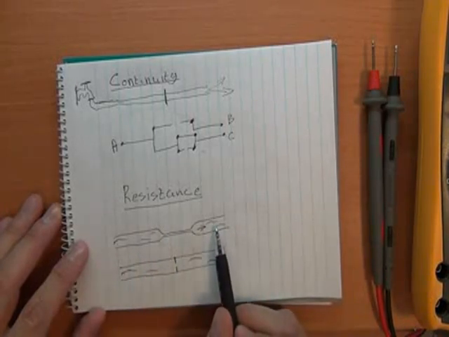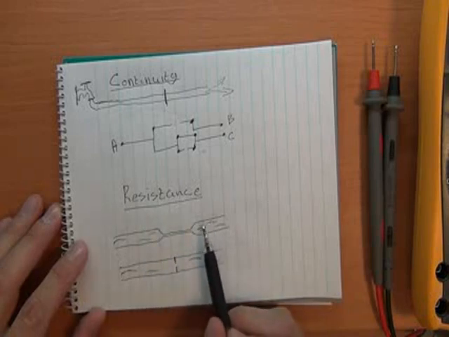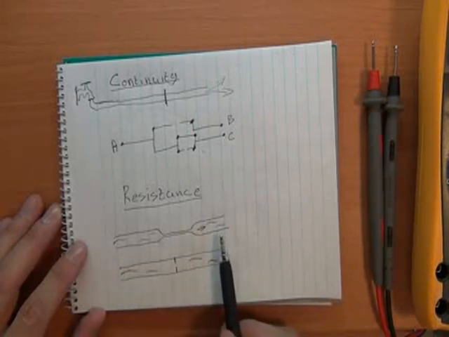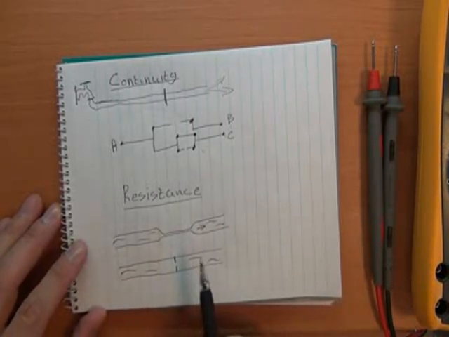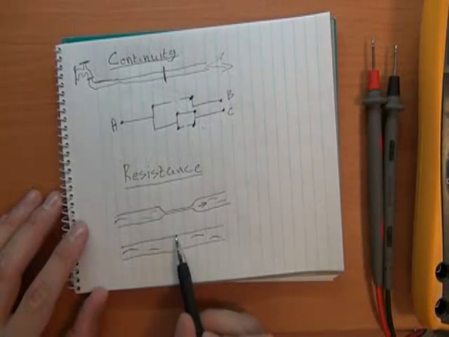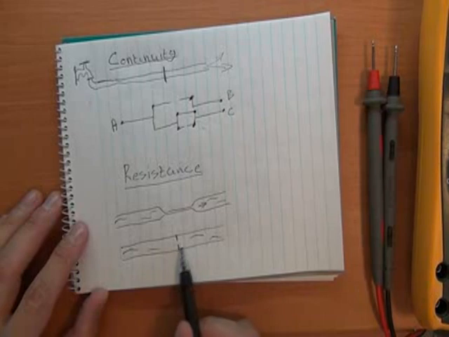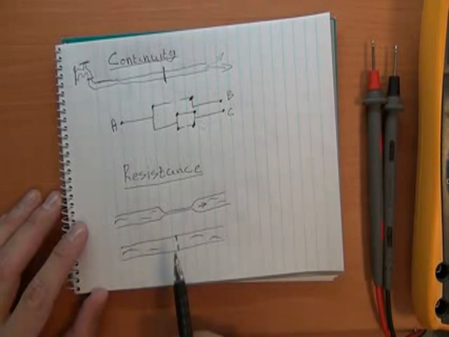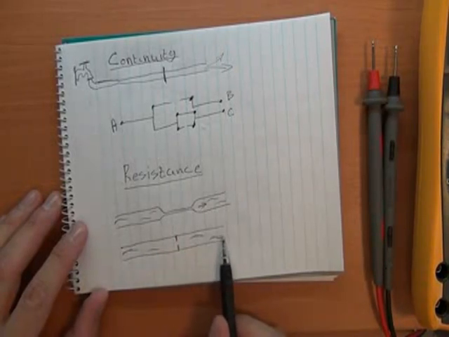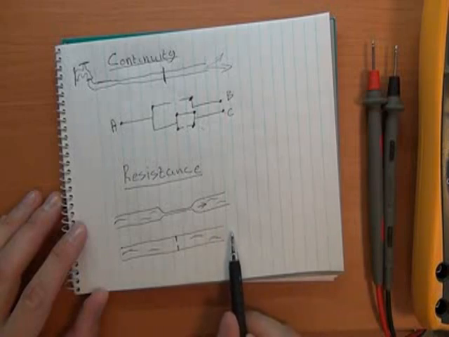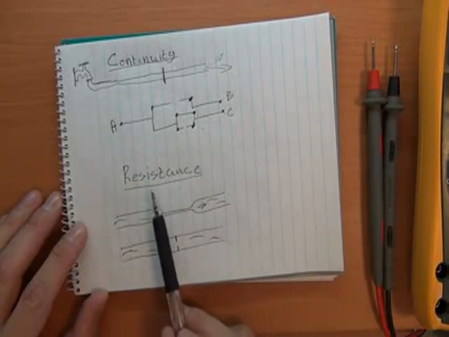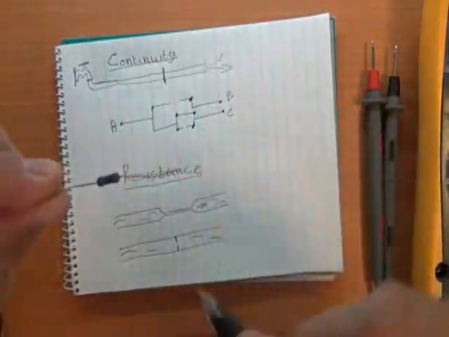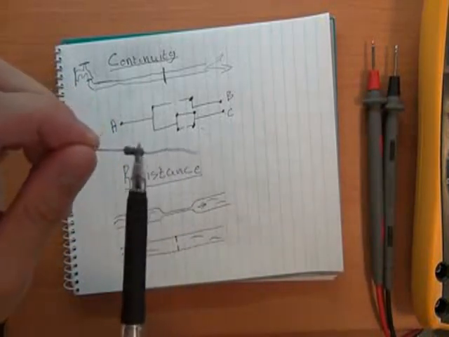Now again, it gets a little more complicated when you've got multiple pieces of wire and what have you, but that's what we're covering off here. We've got a single piece of wire or that single pipe with water flowing through it. You have a restriction. It's either squeezed, or if you can imagine here, I've got a piece of pipe and I've got a plate in the middle where I've only got a small hole in the cross section of that pipe. What's going to happen? If you suddenly had to slot that in, you're suddenly going to get a reduction in the pressure and the flow rate. And that in essence is what resistance is. And here is a resistor, and resistance in wire, basically